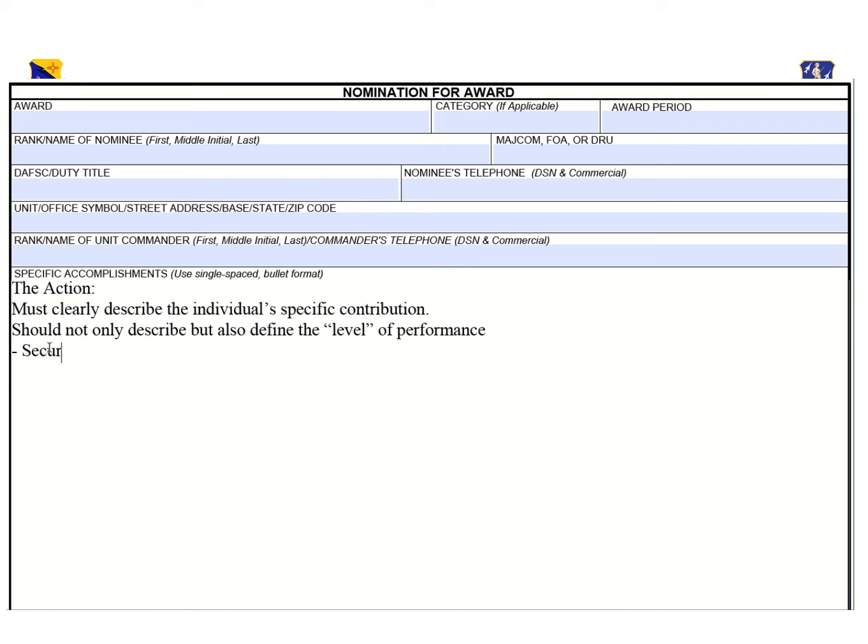I like the word that I just used, secured, because it really is a powerful statement when it comes to, in this case, scheduling. I'm using the word secured because she was able to negotiate the terms with these units and then, more importantly, guarantee that that support would be there. Remember what we're talking about, being specific and avoiding embellishments or untruthful data? Well, keeping a tally of the number of sorties during that quarterly event is super important. And so in this case, the member was able to secure 66 tankers for us.